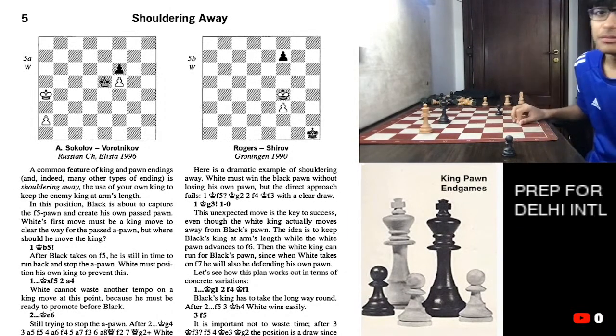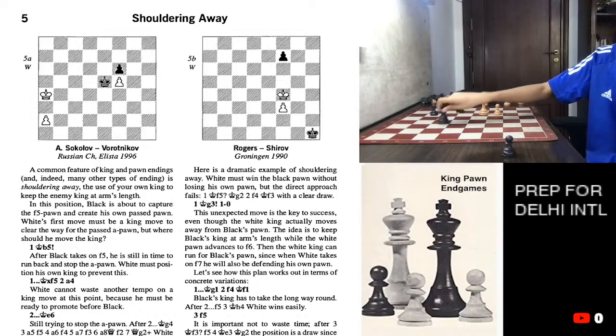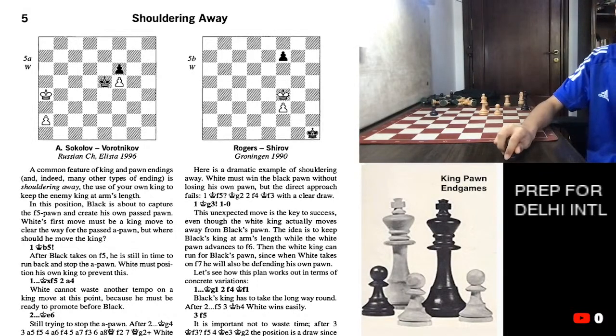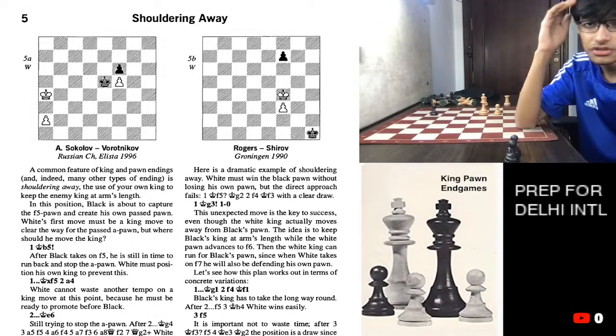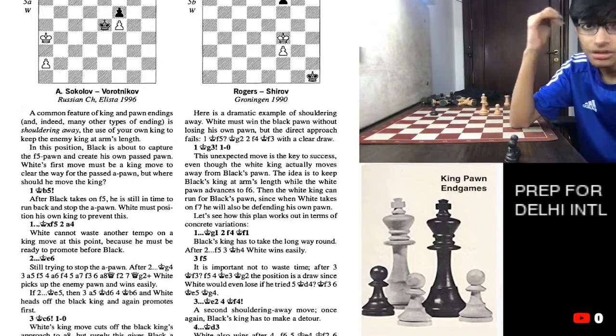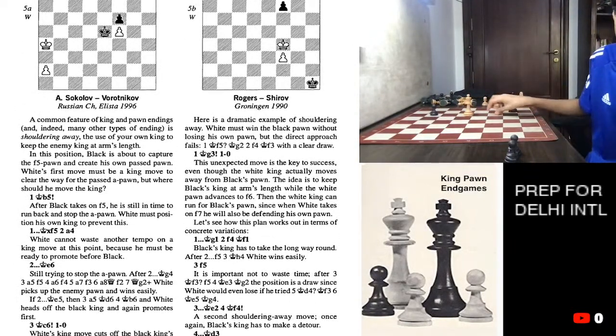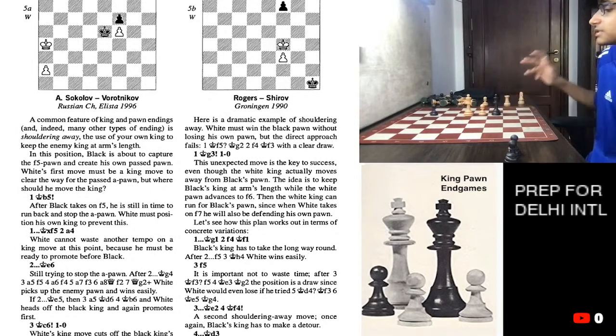Moving on to the next type of position, the black pawn is on f7, the white king is on f4, the white pawn is on f3, and the black king is on h1. Here is a dramatic example of shouldering away. White must win the black pawn without losing his own pawn. The direct approach fails. King f5 leads to king g2, f4, king f3, and this is a clear draw